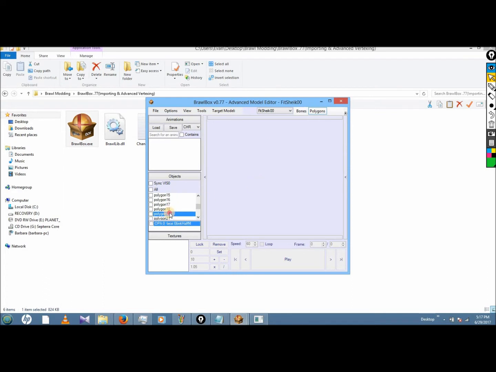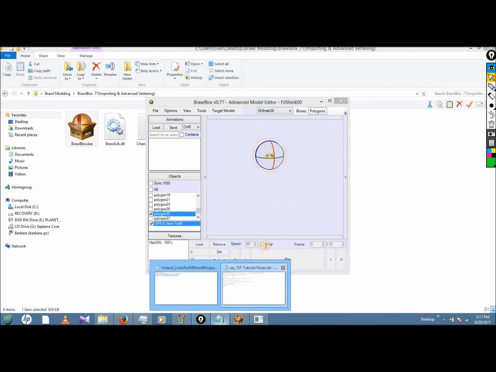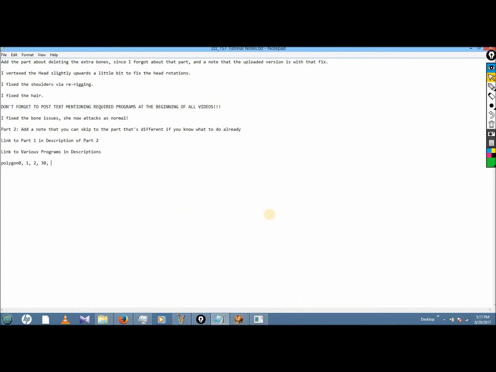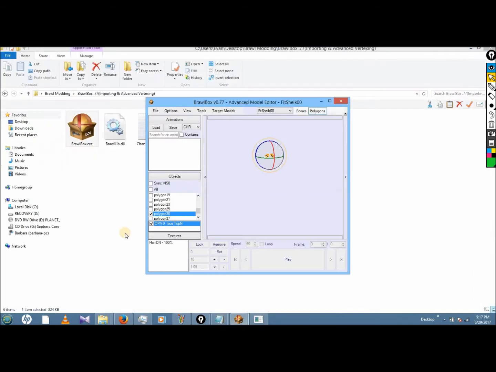Those are eyes, so I wouldn't worry about those. That's head. Oh wait, that's her DN, so that would be 30. And 37. Okay, I do believe that's all of them.